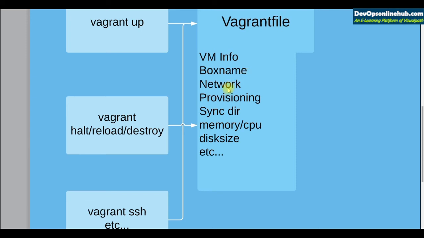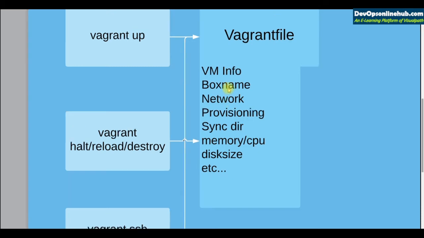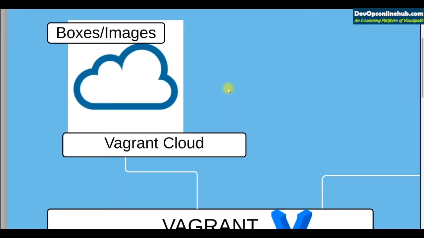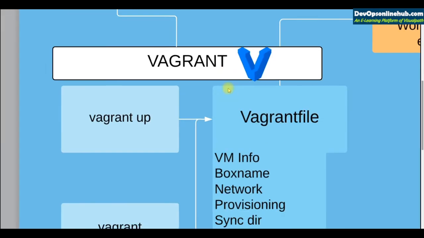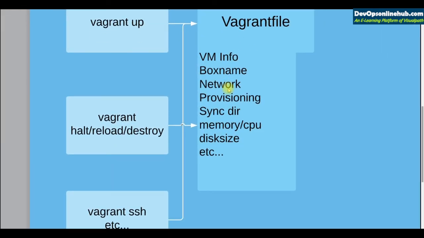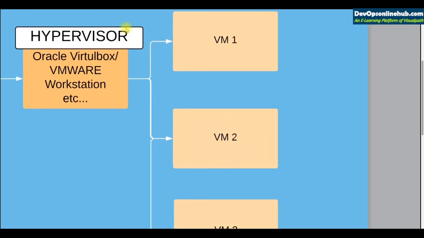Your VM can be managed with all those Vagrant commands and the Vagrantfile. So let's start over again. You issue the command vagrant up. It will go to Vagrant Cloud, pull up the box, read all the information from your Vagrantfile, and then it will look for your hypervisor, which in our case is Oracle VirtualBox. As I told you, all type 2 hypervisors. By default, Vagrant will look for Oracle VM VirtualBox. That's the default hypervisor for Vagrant, so you don't need to make any special setting. If you have Oracle VM VirtualBox installed on your system, it will automatically connect to it.